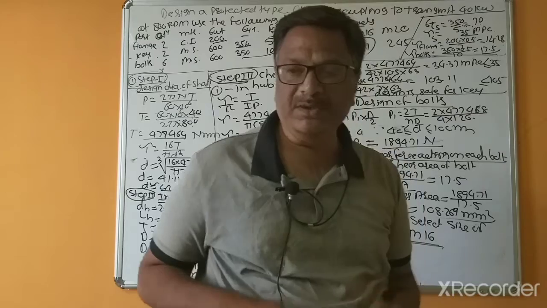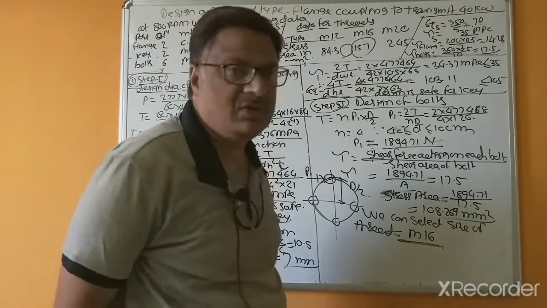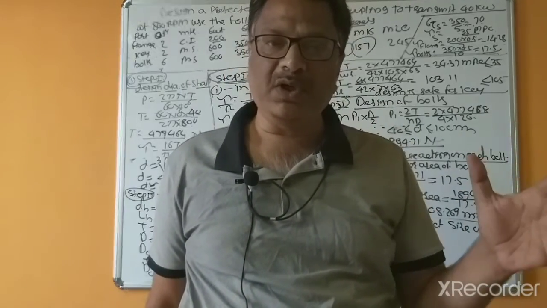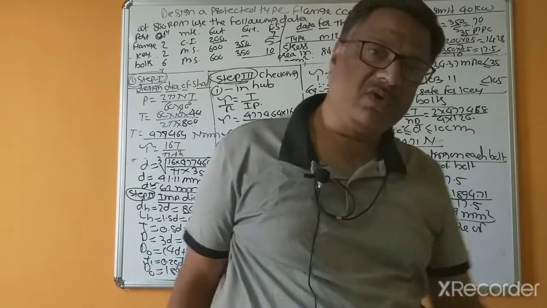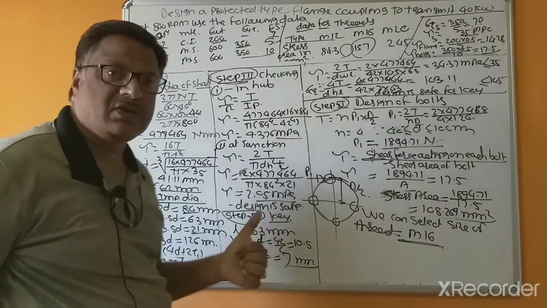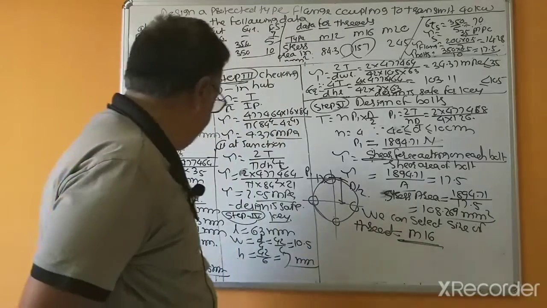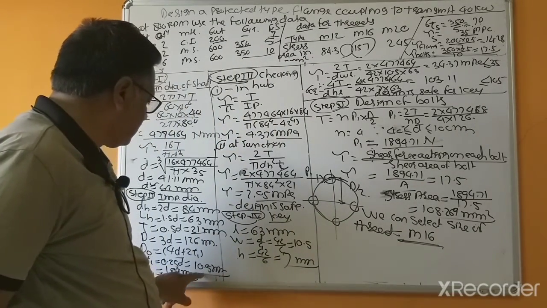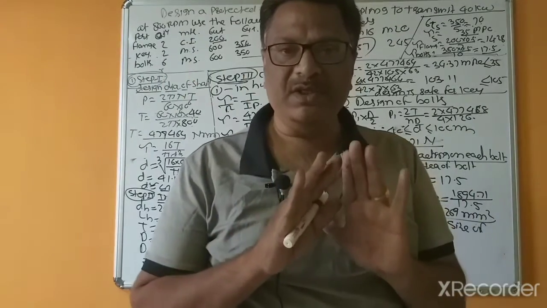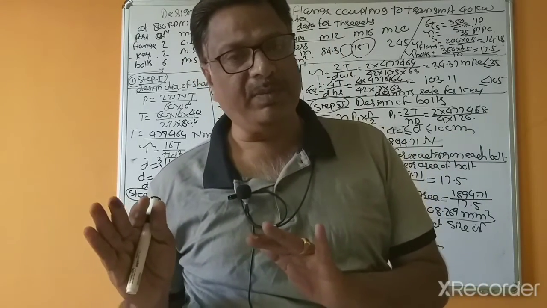Design of the couplings problems, means there is a protected type of coupling and an unprotected type of flange coupling. So what is the difference between the design procedures of the protected type and unprotected type of flange couplings? Only the outer diameter. Yes, for the outer diameter you have to add 2 T1. T1 equal to the thickness of the rim, and that is equal to 0.25 D, so this is 2 times, means 0.5 D. Only the outer diameter. The rest of the design procedure remains the same for protected type and unprotected type of flange couplings.